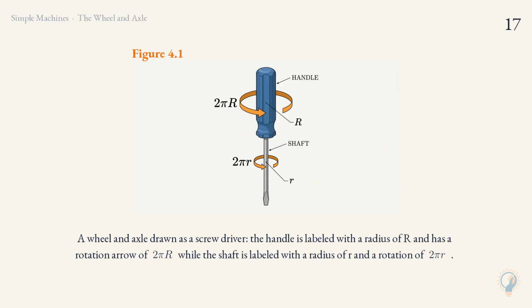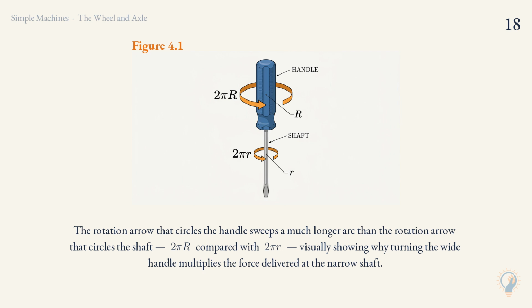Figure 4.1. A wheel and axle drawn as a screwdriver. The handle is labeled with a radius of R and has a rotation arrow of 2 pi R, while the shaft is labeled with a radius of r and a rotation of 2 pi r. The rotation arrow that circles the handle sweeps a much longer arc than the rotation arrow that circles the shaft. 2 pi R compared with 2 pi r, visually showing why turning the wide handle multiplies the force delivered at